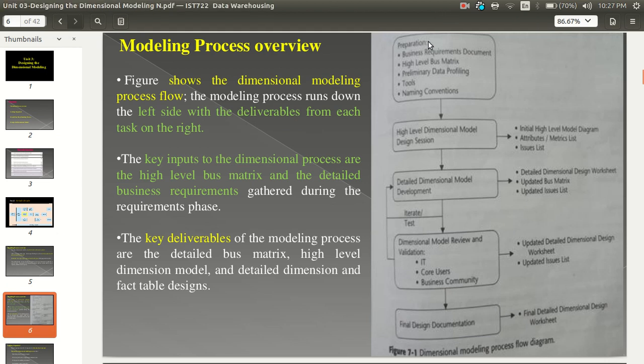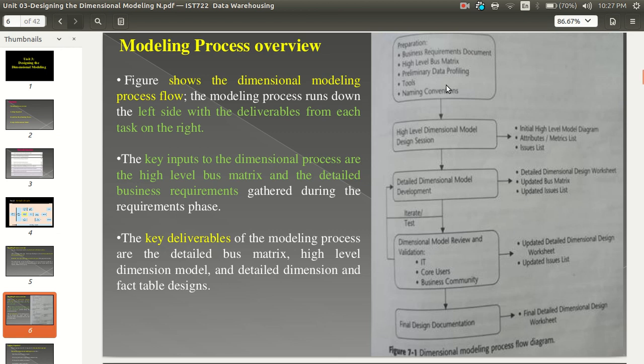Okay, so this is the preparation. In preparation, there are the business process document, high level bus matrix, preliminary data profiling, tools and naming convention you have to use. So input that block to the high level dimension model. After that, output is the initial high level model diagram, attribute slash metrics list, then some issue list.